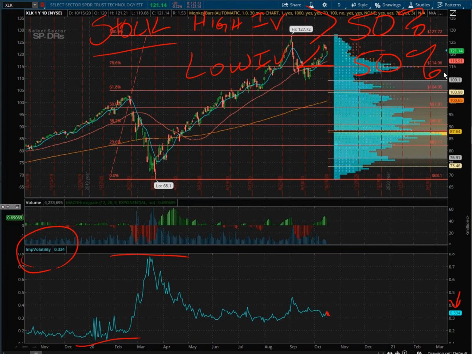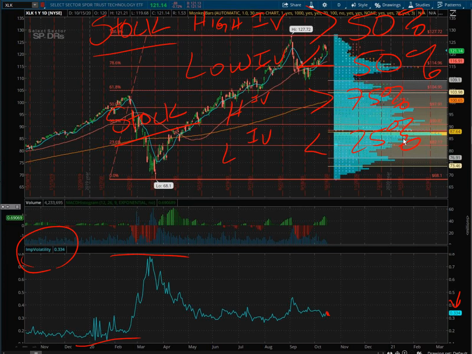So that's somebody like me. I have a relatively high risk tolerance. I have no problem if you guys make this your rule and say the high IV and low IV is greater than 75% and less than 25% when you're getting involved, brand new to options, okay? This will limit your opportunities and limit when you can do many trades, but it will also get you at the high end of it.